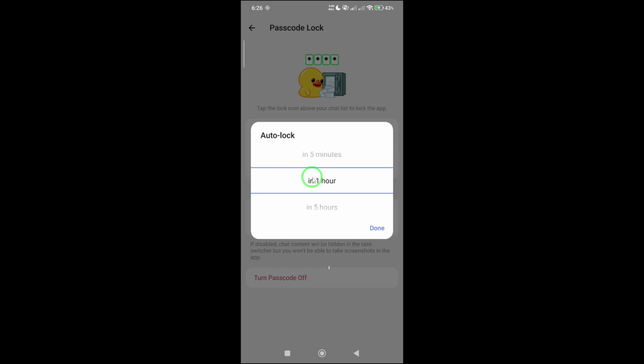You'll now see several time options. To completely turn off auto lock, simply select Disabled. As soon as you tap it, the change will be applied instantly. And that's it. Telegram will no longer lock itself automatically, giving you uninterrupted access to your chats whenever you open